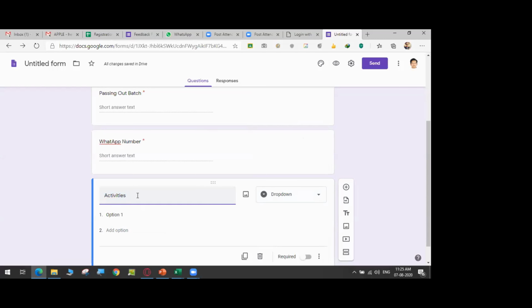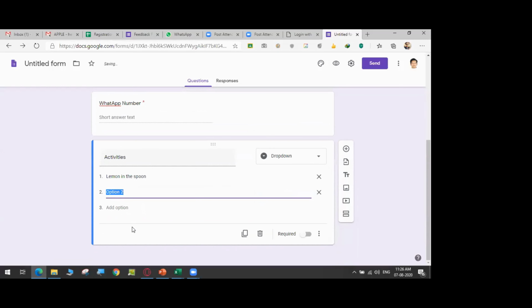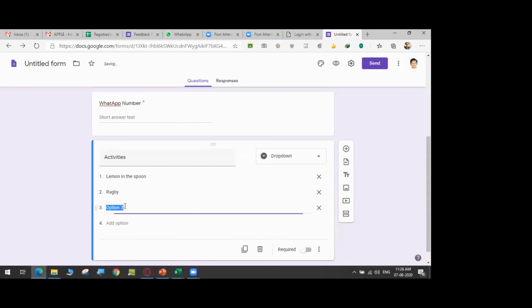So I'm conducting many competitions like lemon on the spoon. I'm conducting, say, a rugby game. Sorry if the spelling is wrong, I'm not sure of the spelling.